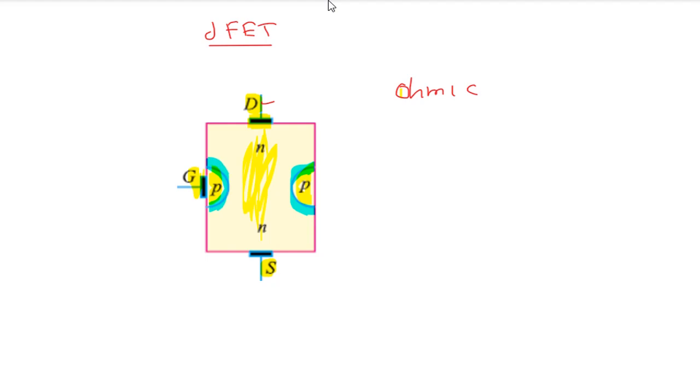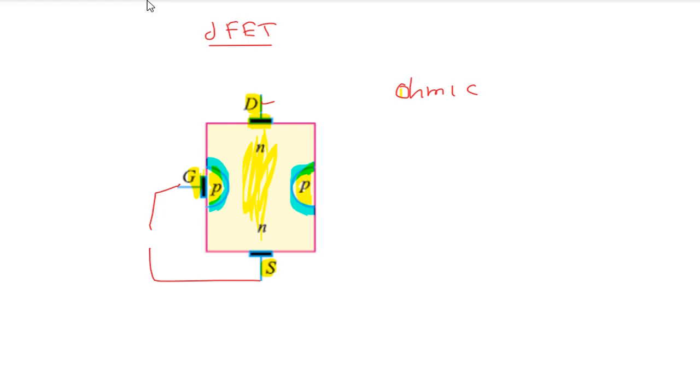And you know that in the depletion layer there will not be any charge carriers because the holes and electrons will combine there. Now the width of this depletion layer can be controlled by changing the voltage applied between the gate and source.